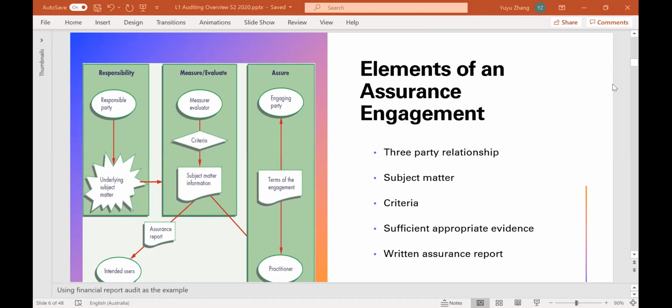Okay. So in the case of a financial statement audit, the subject matter will be the financial performance and financial positions, and the subject matter information will be the financial statements and also the director's declaration, etc. And then the auditors or assurance providers come to audit or review the subject matter information of the financial statement. Okay. Is this one clear? Subject matter or subject matter information?